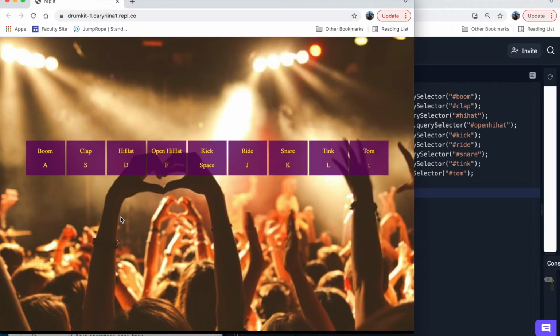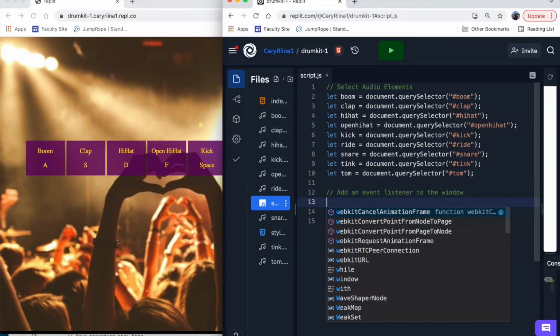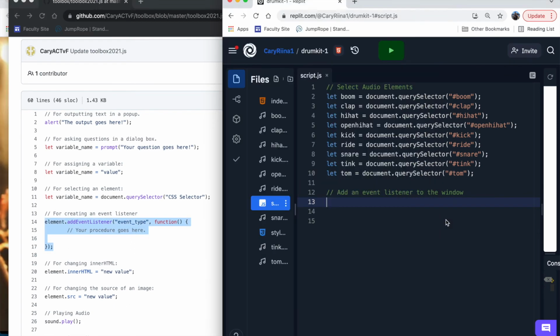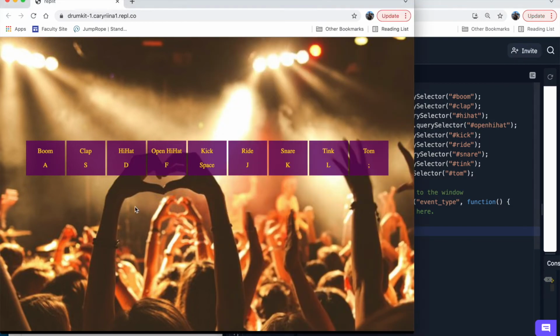What we're going to do is add an event listener. But instead of clicking these, we want to do it so that when we press any key on the keyboard, it will actually make the drum sounds. So I think that the way we do this is we add an event listener to the whole window. So instead of the usual, let me go to my toolkit here, and the easiest way to do this is to just copy and paste this. A couple of changes from how we usually do it. We're going to have it so that the element that's waiting for an event is not one of these because we're not going to be clicking them. It'll be the whole window waiting for us to press a